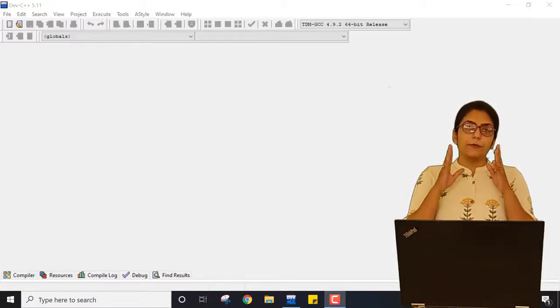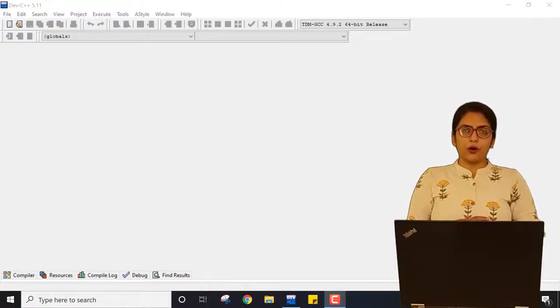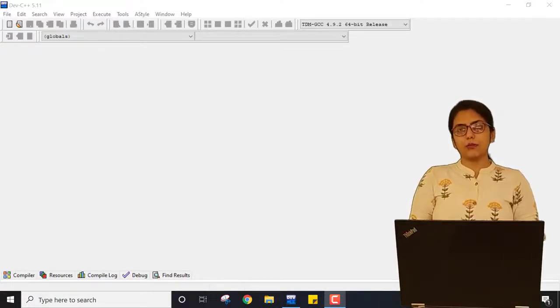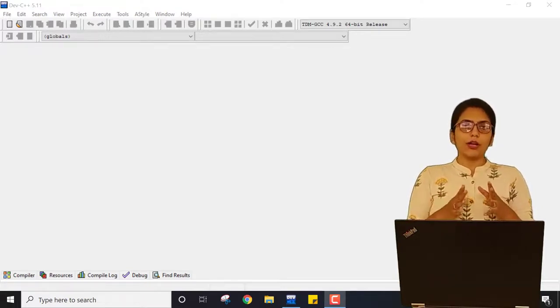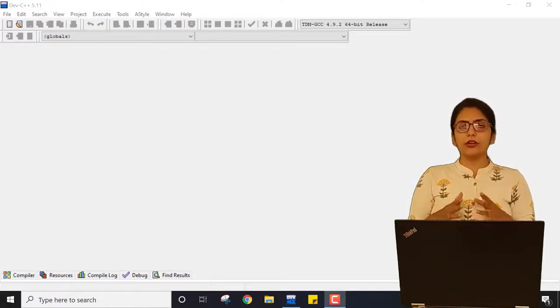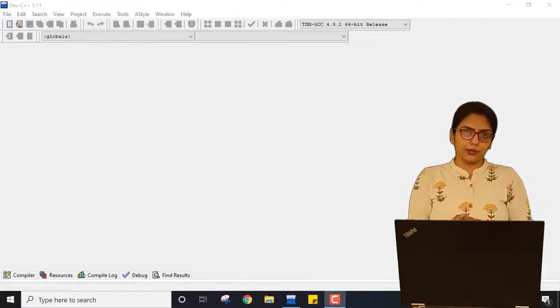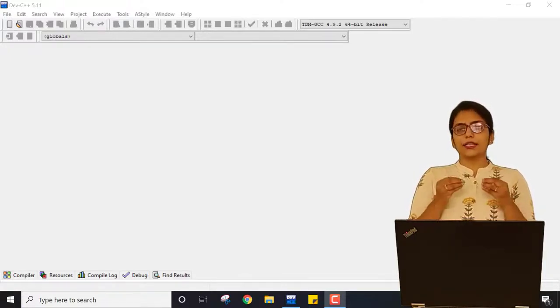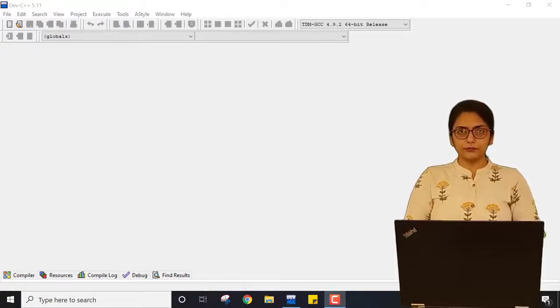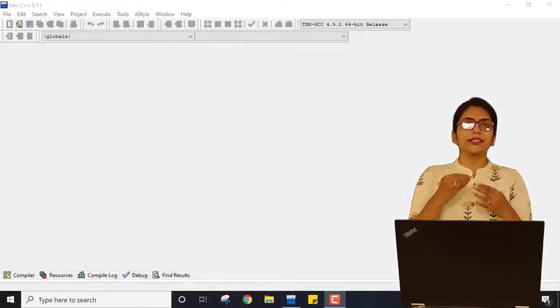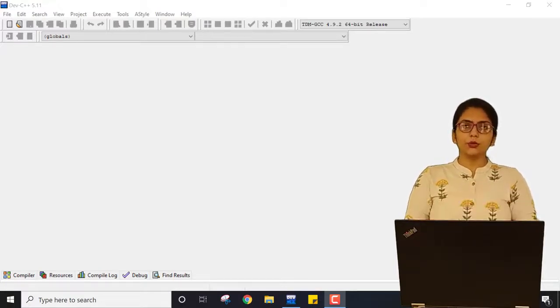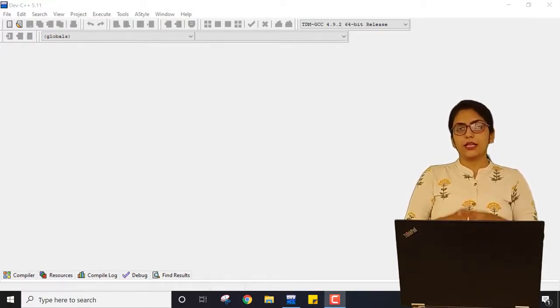So the first program that I am going to perform in today's class is all about Armstrong number. Now, if you are not aware of this term, then I would like to talk about it. First, what is an Armstrong number? A number is said to be an Armstrong number if the sum of the cubes of its digits is equal to the number itself.